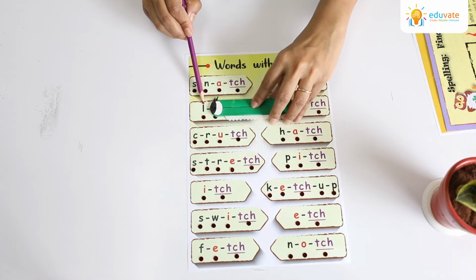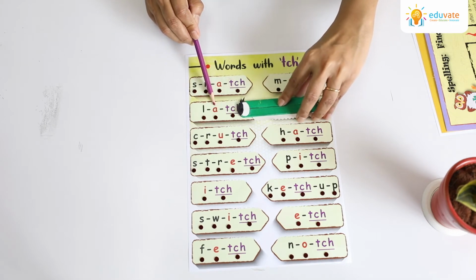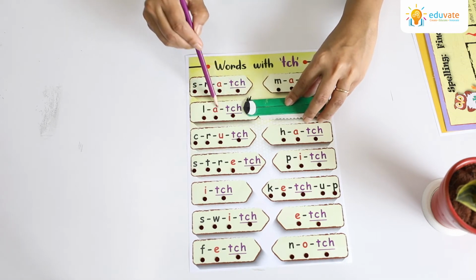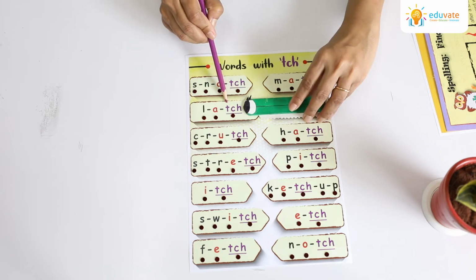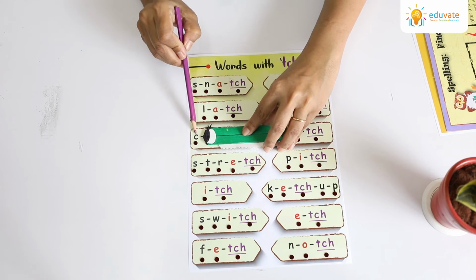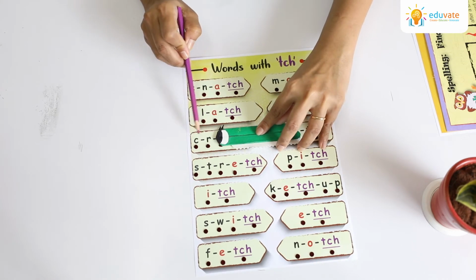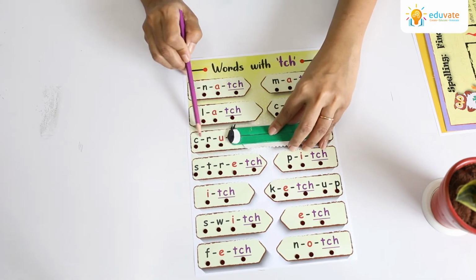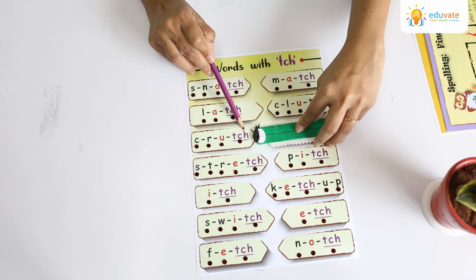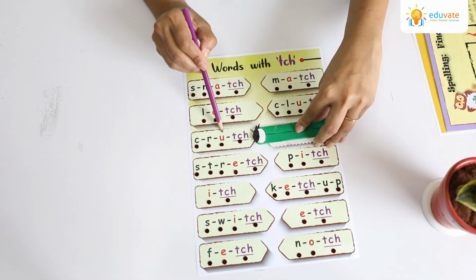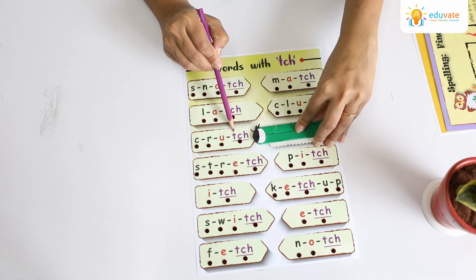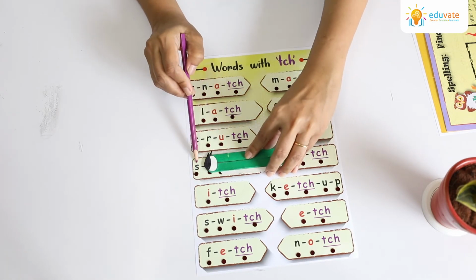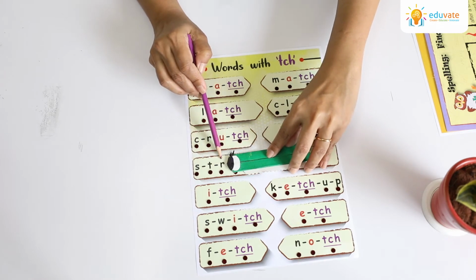This is u, a, la, ch. Short vowel. After the short vowel, the ch sound, so you write t, which is silent. Our next word, k, r, ch. Short vowel. So after the short vowel, if it ends with the ch sound, write your t, which becomes silent. S, t, r,